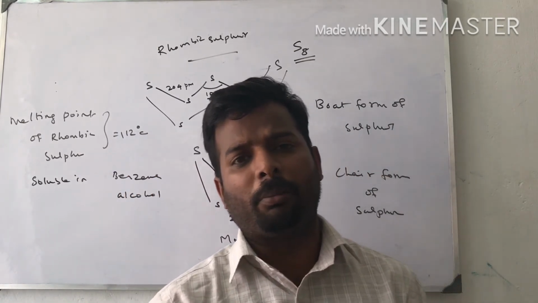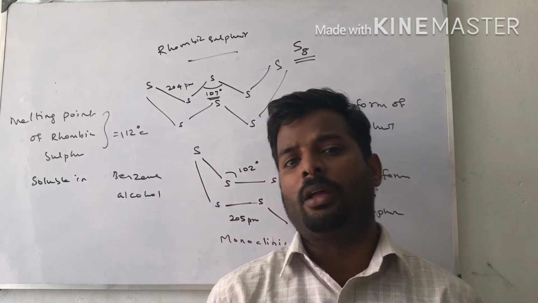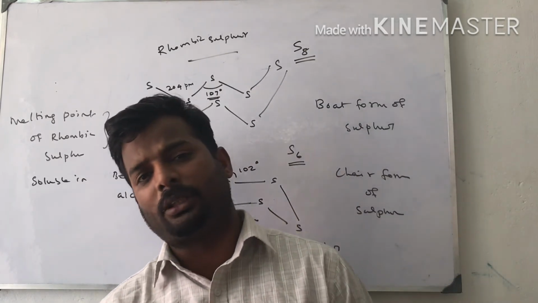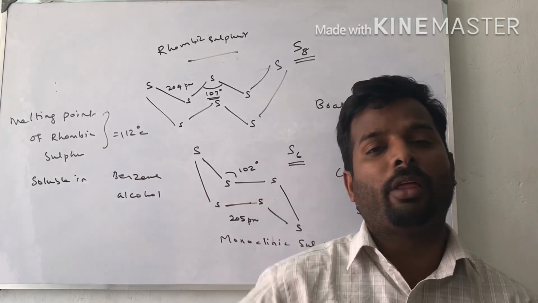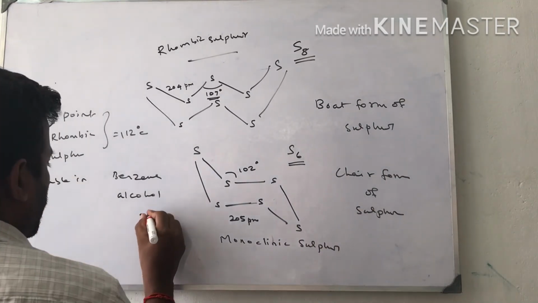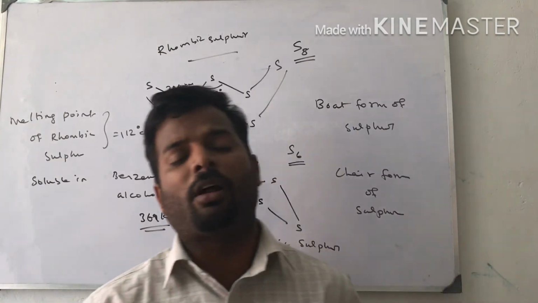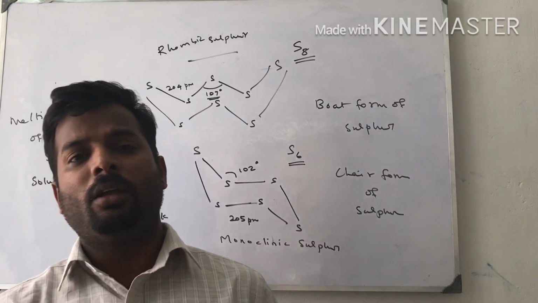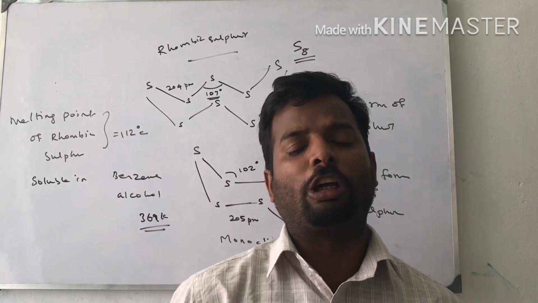Monoclinic sulfur is prepared by heating rhombic sulfur in the presence of a solvent called carbon disulfide. Sulfur dissolves very well in carbon disulfide. So you take rhombic sulfur powder, mix it with carbon disulfide, heat it, and a solution is formed. Cool the mixture, filter the mixture, and heat it at 369 Kelvin. I told you this is the transition point of rhombic sulfur. After that, rhombic sulfur automatically converts into needle-shaped monoclinic sulfur. Cool it, filter it, and the filtrate contains the needles of monoclinic sulfur.